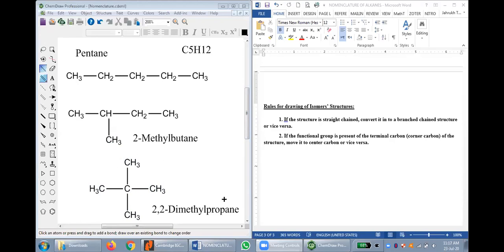ठीक है, so let me tell you कि you cannot make a new branch on the terminal carbon or corner carbon। ठीक है, terminal carbon is the actual term that we use in organic chemistry, corner carbon is just, you can say, a childish term to explain yourself। ठीक, so a branch can never be on the terminal carbon, it has to be in one of the center carbons।